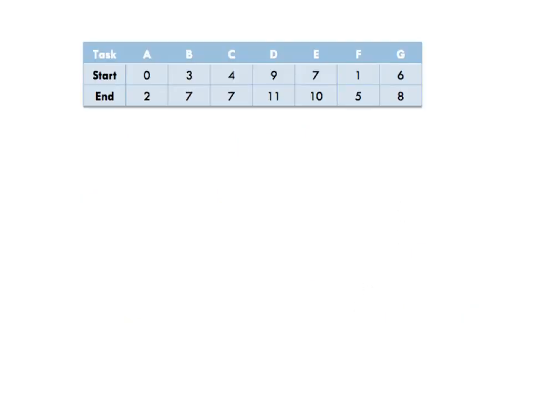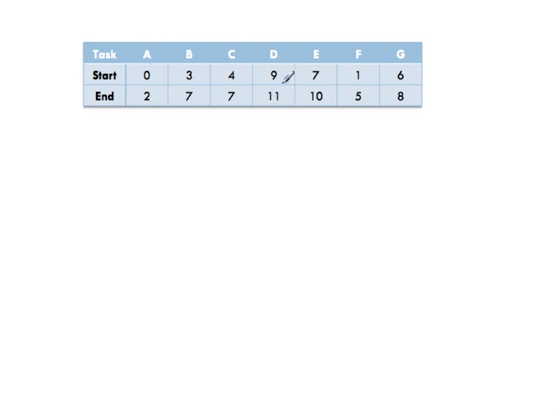So here is an example. Supposing we have 7 tasks A, B, C, D, E, F, G, and each task has a starting time and ending time. So A starts at 0, ends at 2, D starts at 9, ends at 11. So for instance, if we use a machine for A, we can reuse that machine for D for sure, because